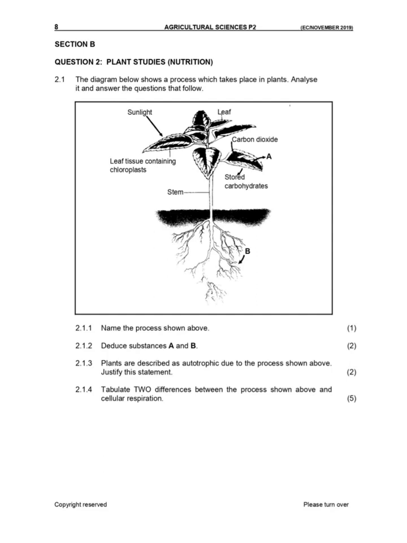So justify the statement. Why are they described as autotrophic? The reason being, they make their own food through the process of photosynthesis, right? Then tabulate two differences between this process as well as cellular respiration. So again, now, even if you couldn't get the name of the process, but because 2.1.4, it talks about cellular